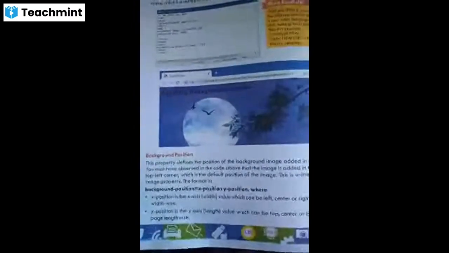How to put the background position? What is the main purpose of using background position? To put the image position on the background. Any problem?